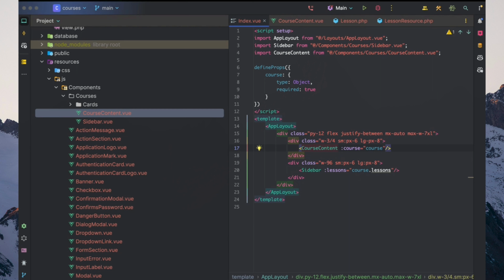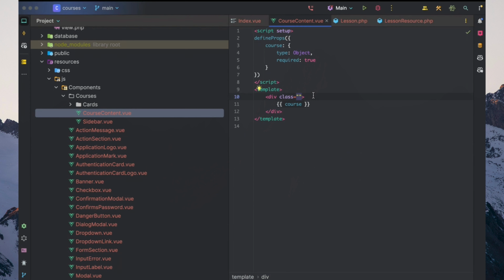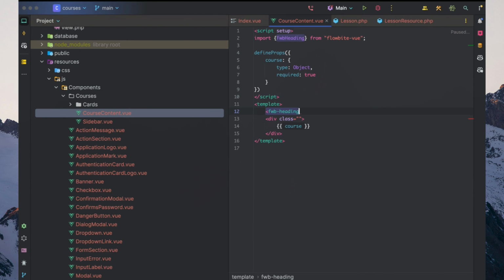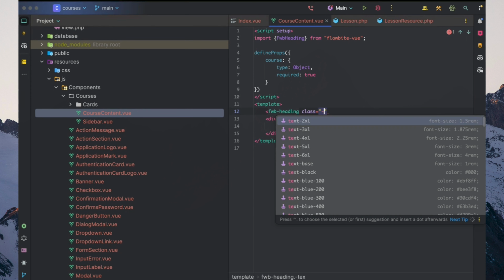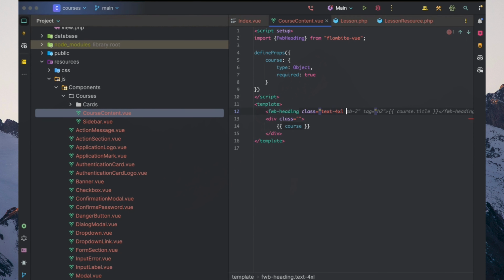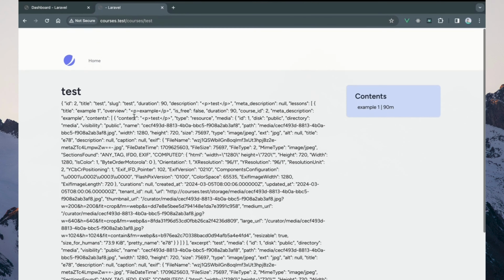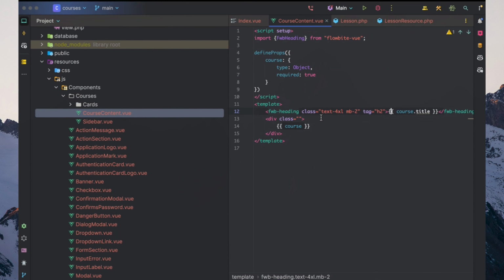So we have this styling here, but we also want to add on top of this styling, let's just have an FW heading, and let's make sure that has a class of text-xl with a margin bottom of 2 and a tag of h2, course title as the value. There we go. So we have the title of the course,